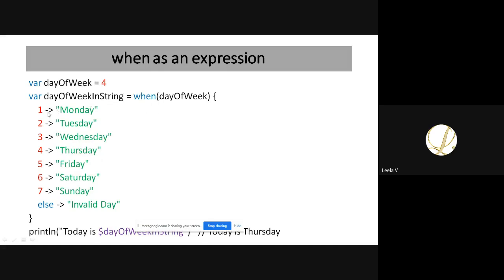In the previous example, we just printed the value Monday in the statement itself. But here I'm returning only the value Monday. So whenever I'm executing this, the corresponding case value will be returned as a result. So if your day of week is 4, then case 4 will be matched. So it returns Thursday as a result of this expression, and that is assigned to day of week string. And at the end, if you print this day of week string, it prints Thursday.